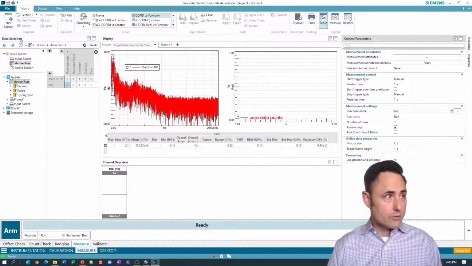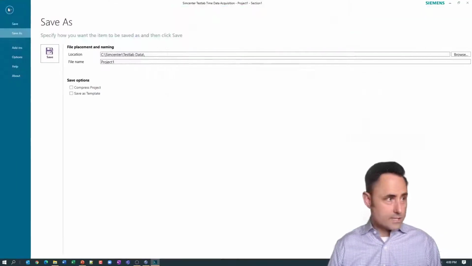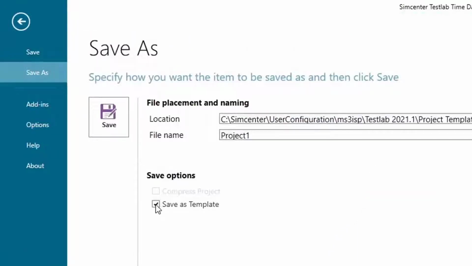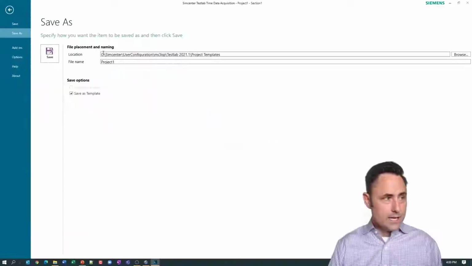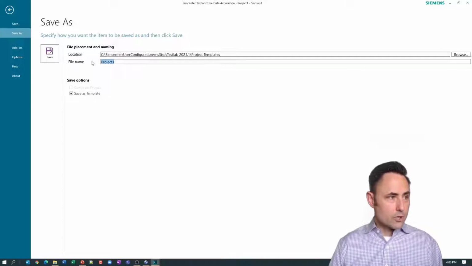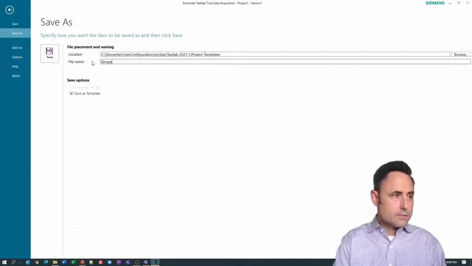Now, here's the critical thing. I want to go up and say File, and Save as Template. You see this check box right here, Save as Template. It tells you where it's going to put it in your user folder, TestLab version, project templates folder. We're going to call this Simple One Mic.